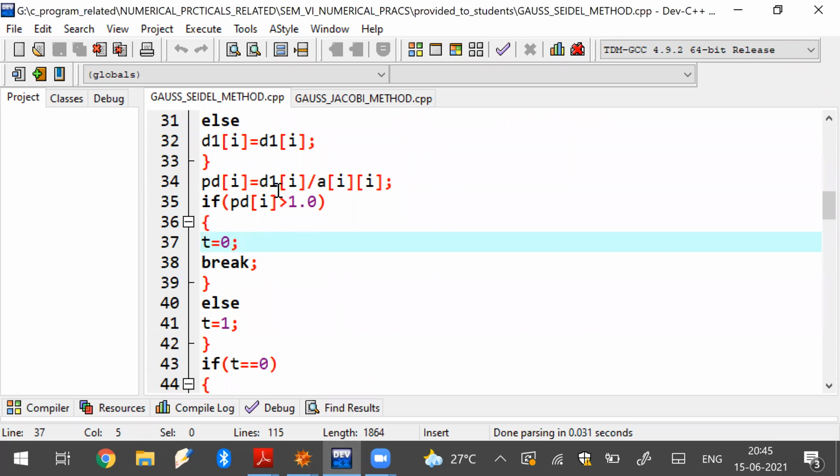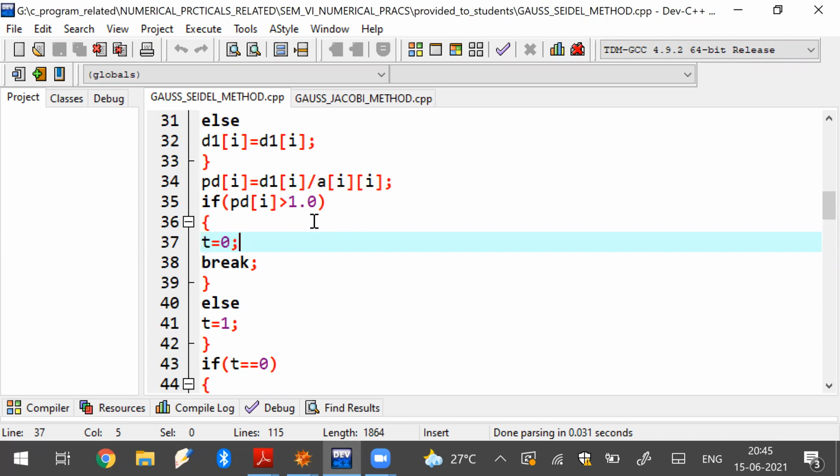If for i equal to 1 there is no such thing occurring, that is, pd1 is less than or equal to 1, then you continue. If i equal to 2, again there is no problem, continue. So if you have entered a diagonally dominant matrix, no problem comes. The user will upload the entire matrix, the source term and everything, and the checking is also done. So we are starting our procedure with a diagonally dominant matrix only, so the convergence will obviously occur.